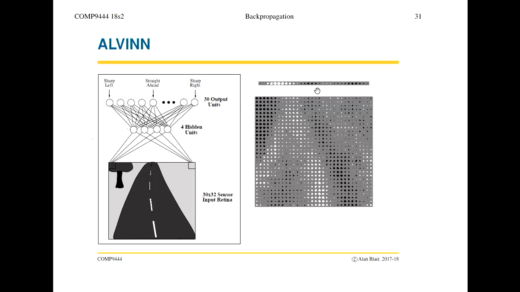So what this means is, if this particular unit is active, it's very likely that the person would steer sharp left. That's what these top weights are telling us. There's a high likelihood that the person would steer sharply to the left, but there's some possibility they may also steer a soft right. And if you look at this image here,